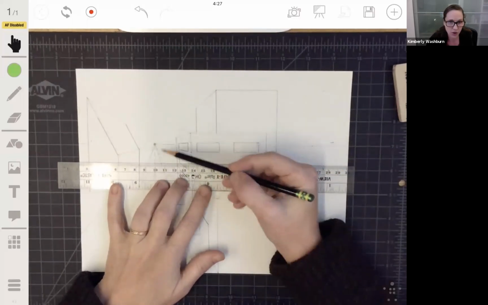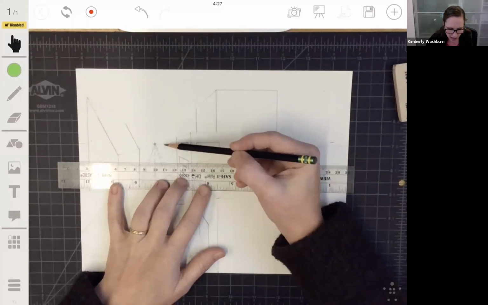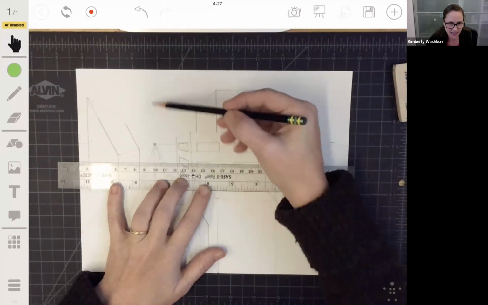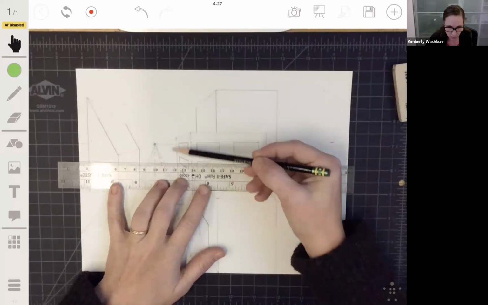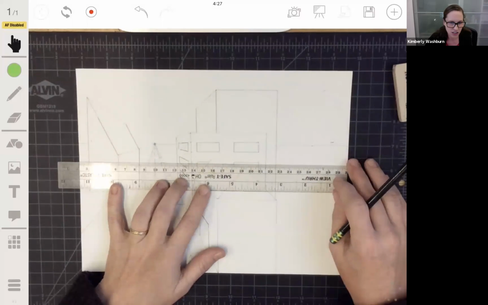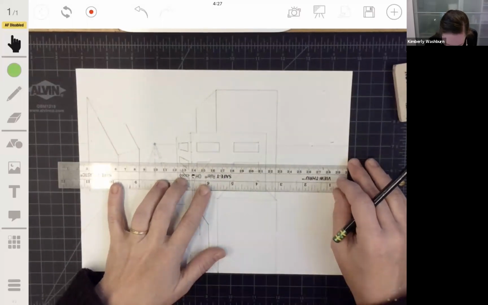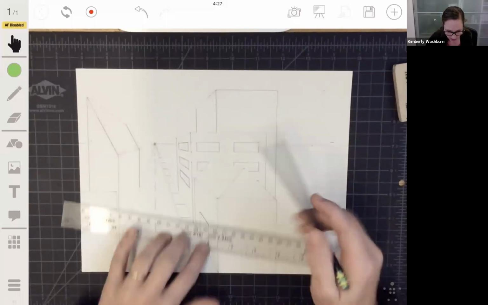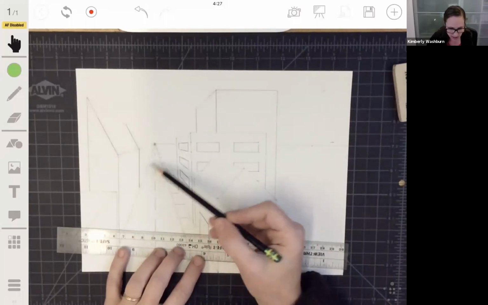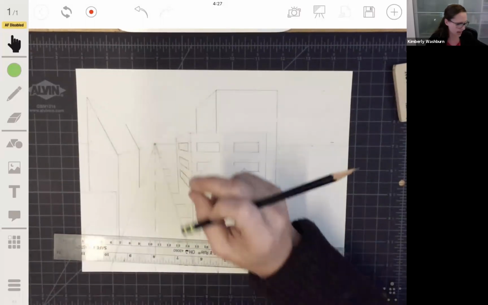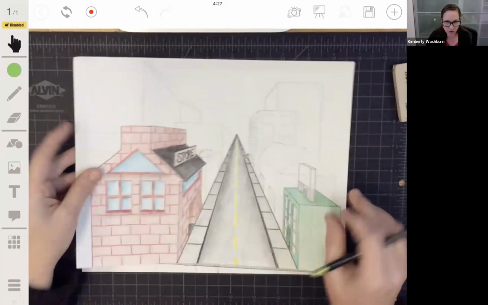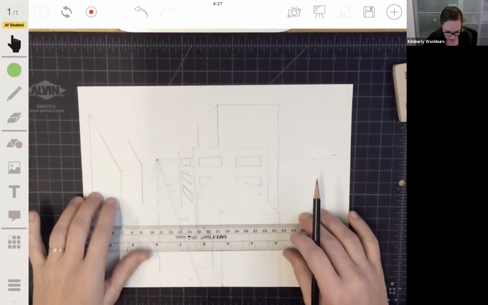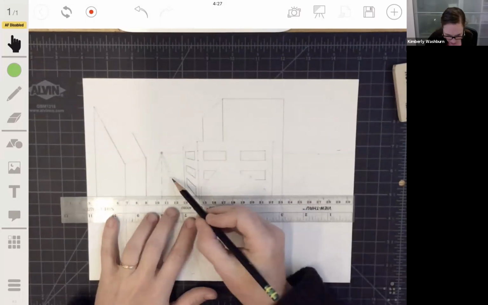It needs to be below the horizon line, right? Because we won't have a road in the sky. And anything above the horizon line is the sky. So make sure you're below the horizon line to get a side road. And what I'm going to do is find where my street is. Yours could be in the middle or on the side. In this example, my road is a little bit to the right. In this one, my road is a little bit to the left. So I'm going to choose a spot, and I think I want mine to